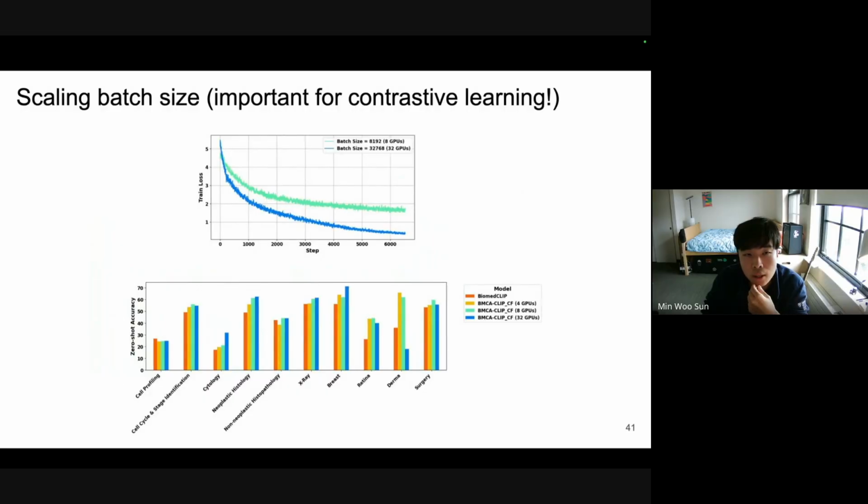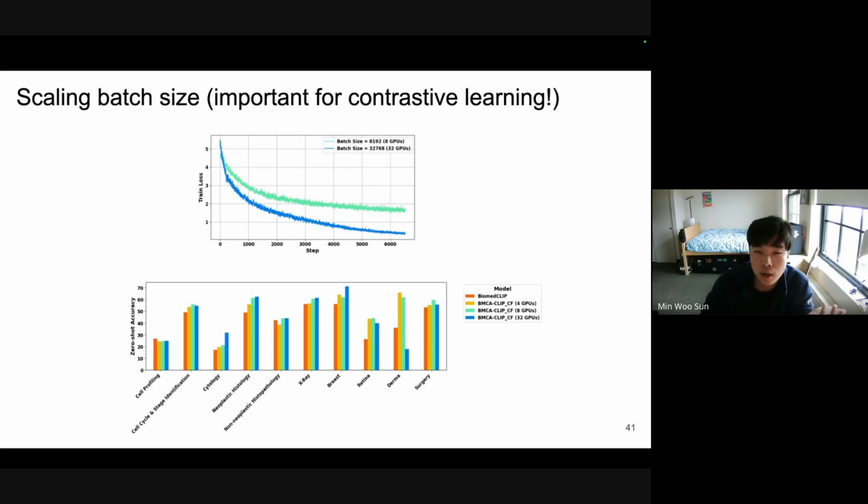Next slide. Another experiment we did is we played around a lot with batch size during training. If you do contrastive learning, you'd be familiar with the fact that batch size matters a lot because of the number of negative examples you want to show during training. So we tried this experiment where, when continually pre-training on Biomedica data, we trained with a batch size of 8,000 versus 32,000, and 32,000 is closer to the actual batch size CLIP was trained with.